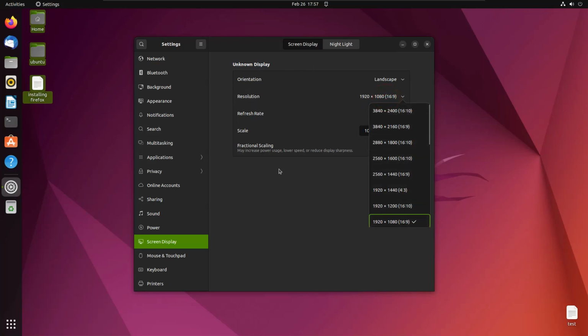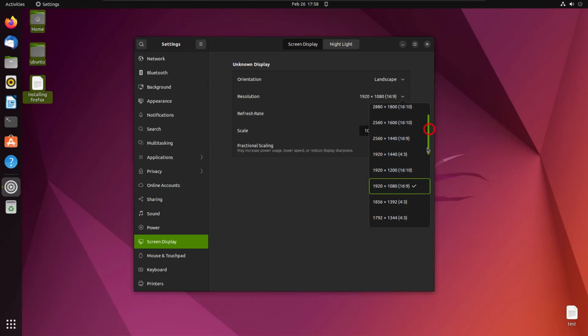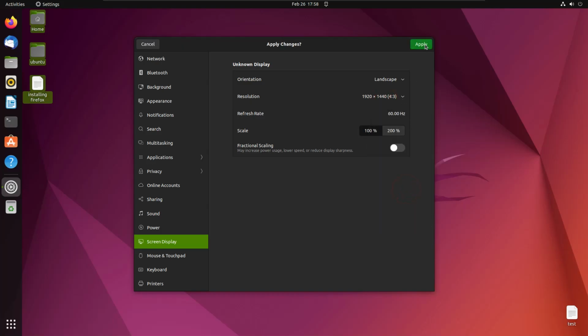So imagine your laptop supports, let's say, a 4K display, or a 720p display, or a 2K display. Then you can simply go ahead and select one of these options which is suitable according to your display, right? In my case, because my laptop supports HD display, which in other words is 1080p, that's why I have selected this option here, right? So if I go ahead and select this option, and if I apply it,